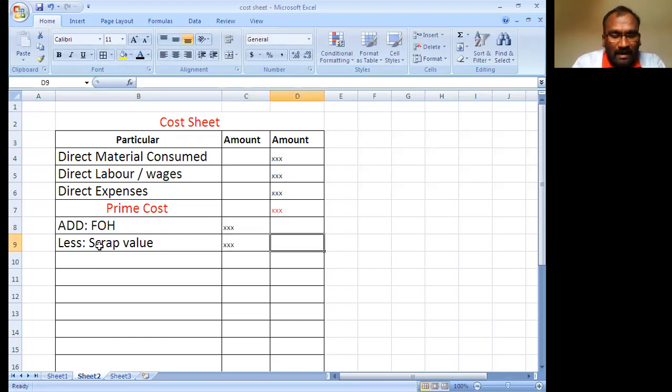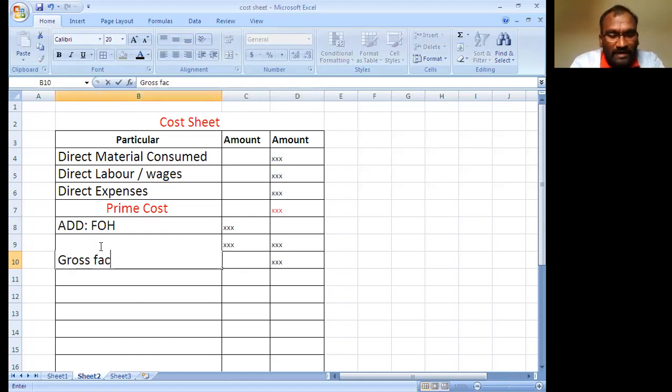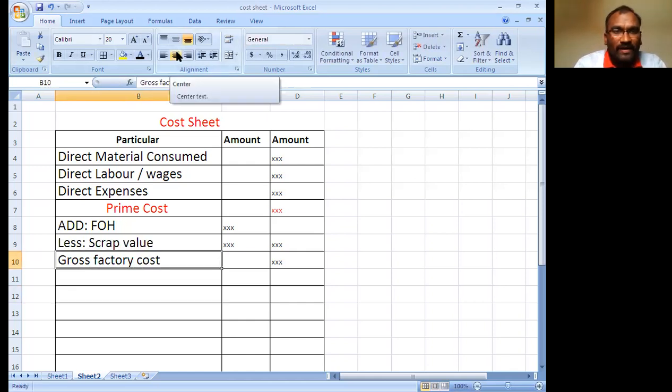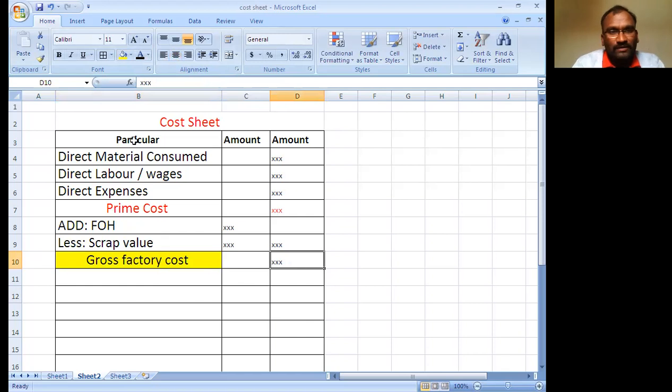This value is added to the prime cost, and now you get the gross factory cost. Write down the value. This is the gross factory cost.